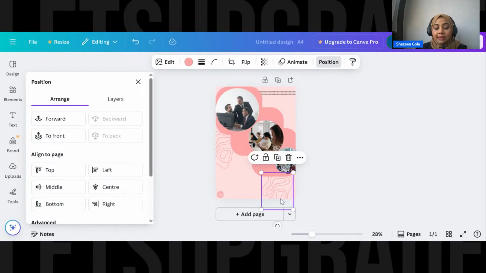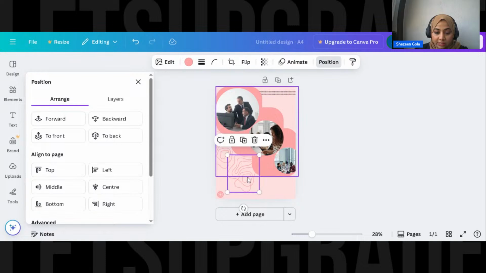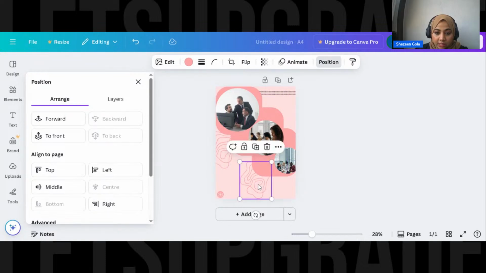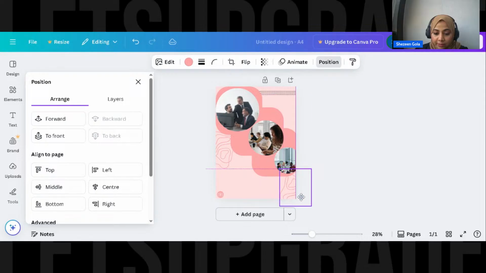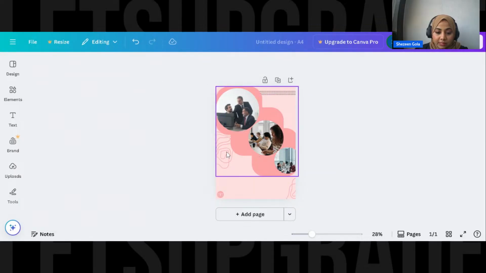So yeah, and now for example if you want to rotate this, you just go here, you see this, you take it here, and you can even rotate this with flip. It will ask you flip horizontally, flip vertically. So however you want, you can just flip it, okay? Like this. And let's take it here.